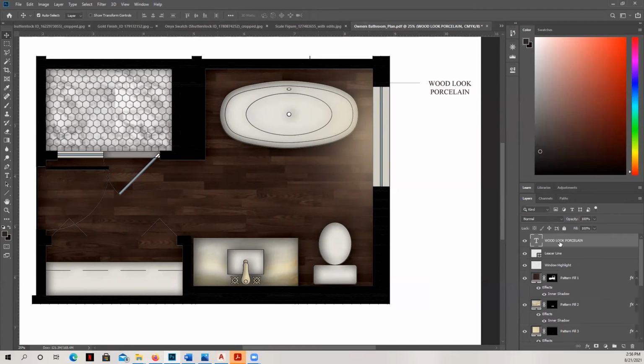And so what I need to do is move my leader line and my text box.